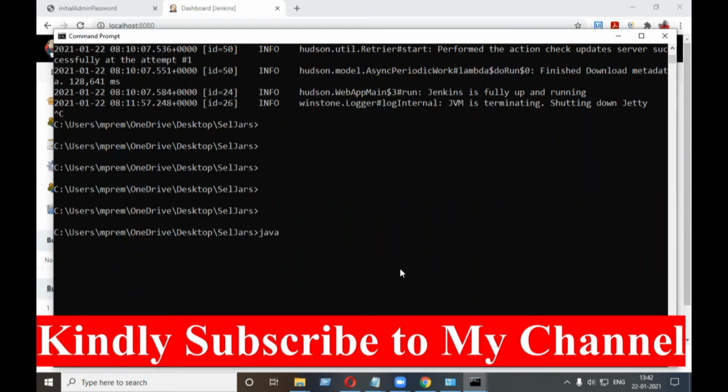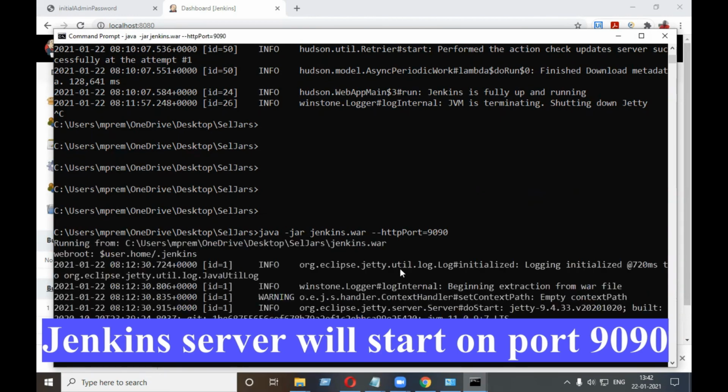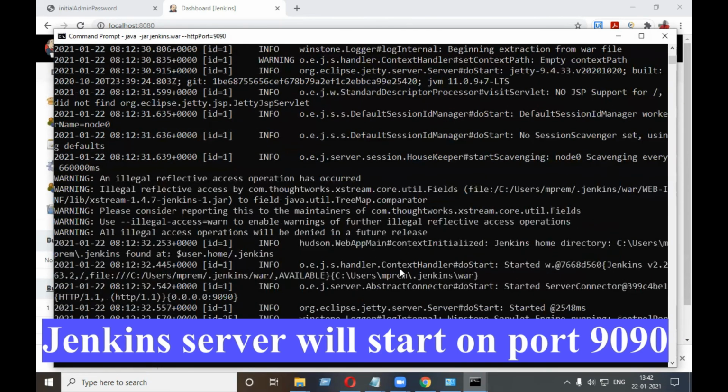So Java space minus jar Jenkins dot war hyphen http port, capital P, port equals the required port on which you are interested to start. It can be any 4-digit number. Currently I'm giving 9090. So it will start my Jenkins server on 9090.